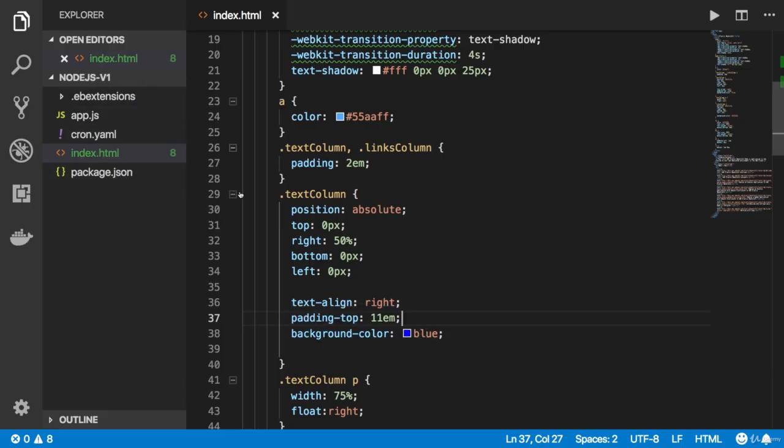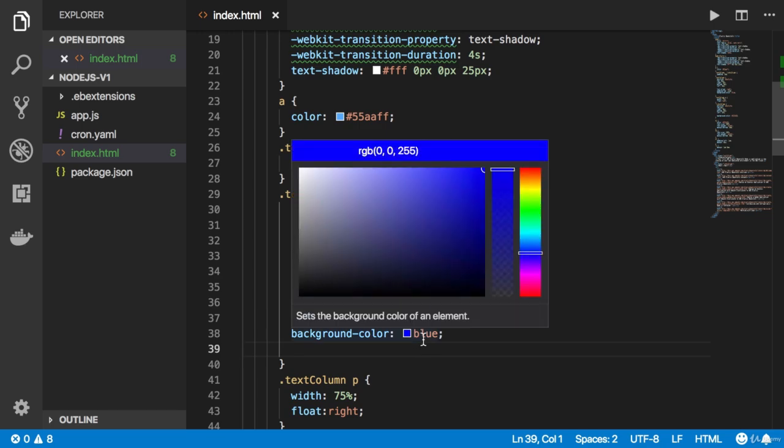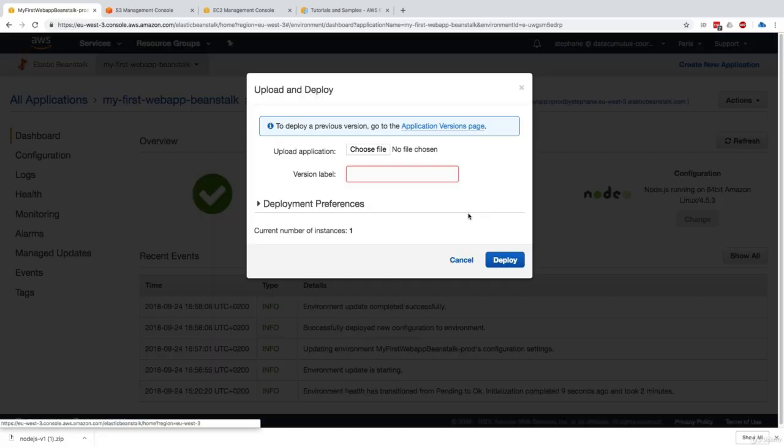So I went ahead and I'll provide the zip file for you in the code directory that you downloaded at the beginning of the course, with the updated color blue, because sometimes it's a bit complicated to zip these files, and on Mac there are a few errors. Anyway, we'll use that updated file and upload our application so that the text background color will become blue. So now we can go ahead and upload and deploy.